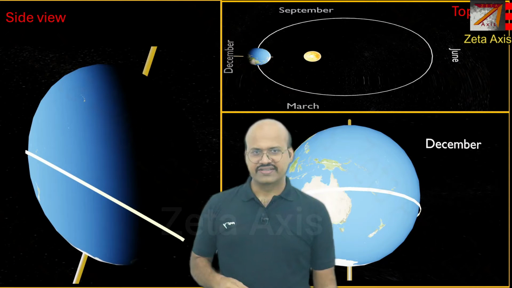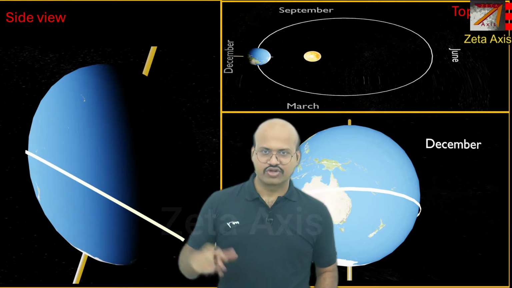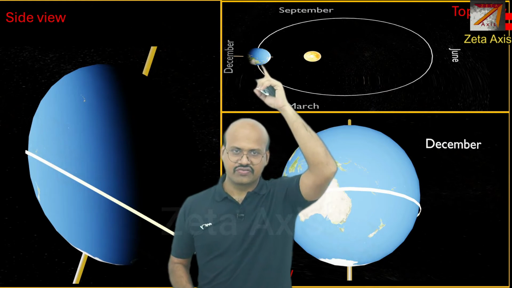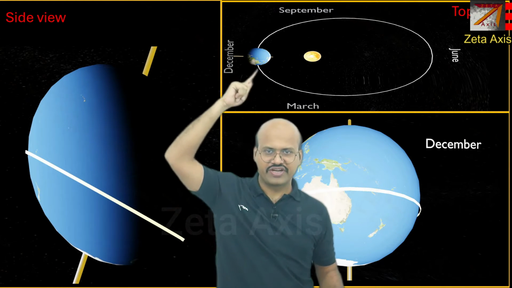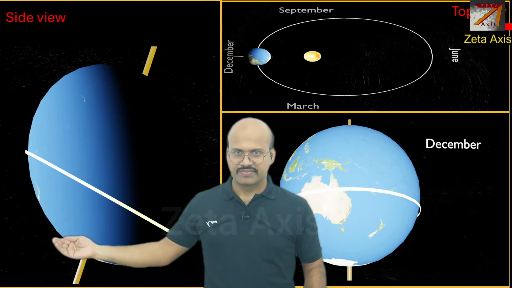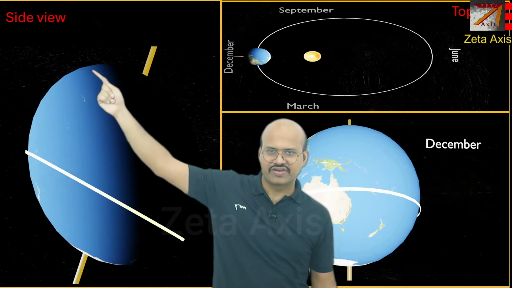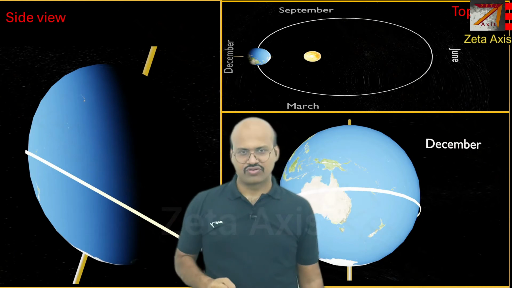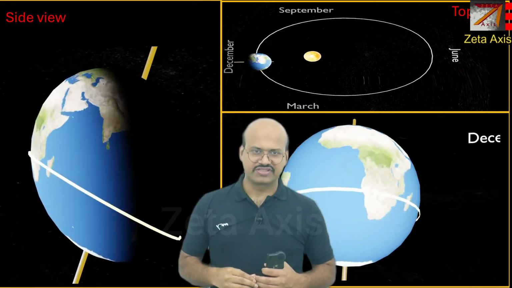To understand why these regions have a very harsh climate, you have to understand how our Earth rotates. It rotates on this inclined axis. Here the Earth, with its inclined axis, faces away from the sun in the December month. This is the winter time in the northern hemisphere and summer in the southern hemisphere. So here in the northern hemisphere we will see that the sun just passes over the Arctic Circle, which is over here. So this region gets very little sunlight during the day, and therefore the amount of heat that is received from the sun is very little during the